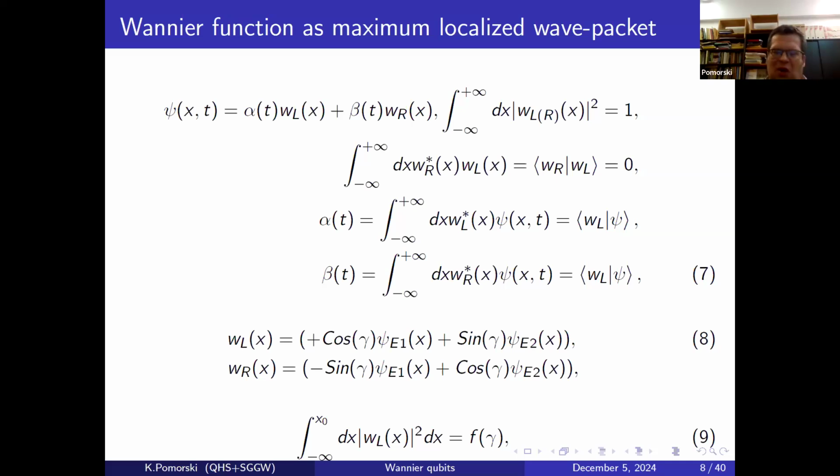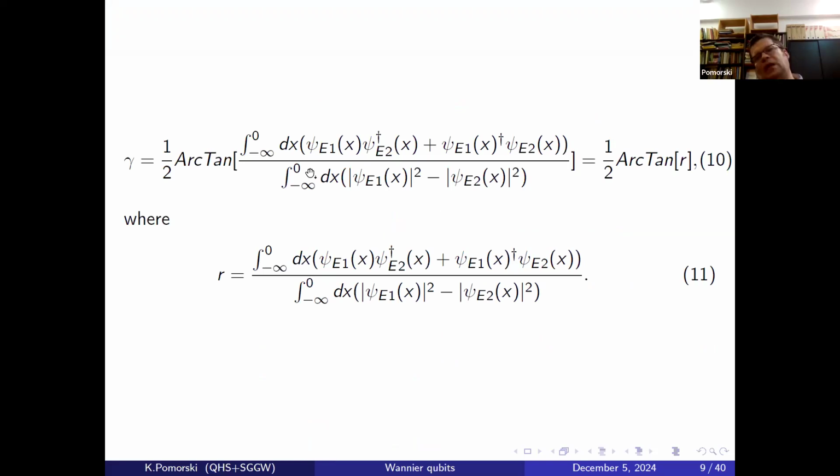And obviously, doing so, you need to compute the derivative dF over d gamma and set it to 0. This will lead you to equation number 10. So equation number 10 actually gives you the prescription for the gamma coefficient. And this is done for nanowires of any topology. So let's say you can have a very peculiar shape of semiconductor nanowire, and you can make an artificial boundary x0 between the left and right side. Then you can have various interactions with biasing factors such as electrodes. And in such a system, you have naturally occurring eigenenergy ground state E1 and E2, where E2 is the first excited state. So in a sense, this gamma coefficient already encodes